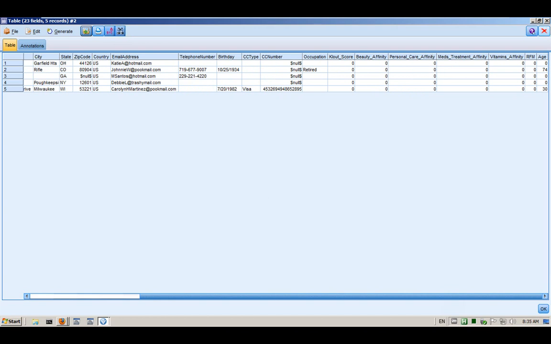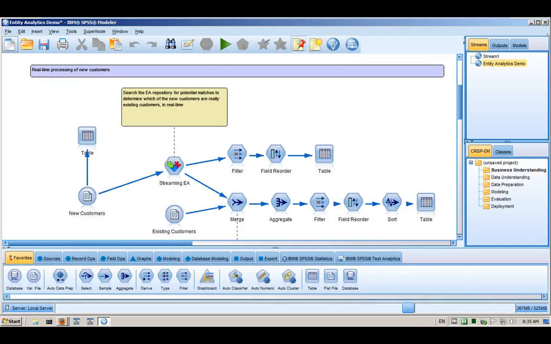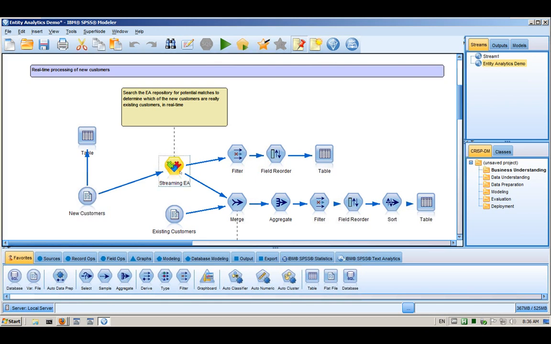So what then happens is that as soon as they sign into the website, the streaming EA node here pushes the new customer information to the Entity Analytics repository to find a potential match. Once a match is found, I can take that ID and look up the matching profile to find the affinity and class scores, which will drive the personalized offers in real time. For example,